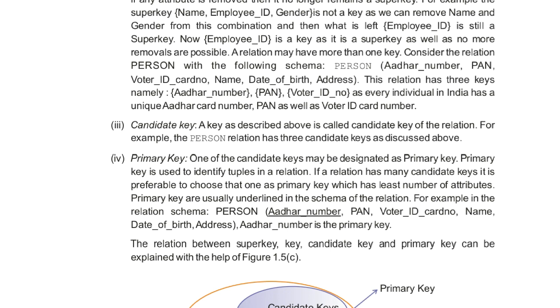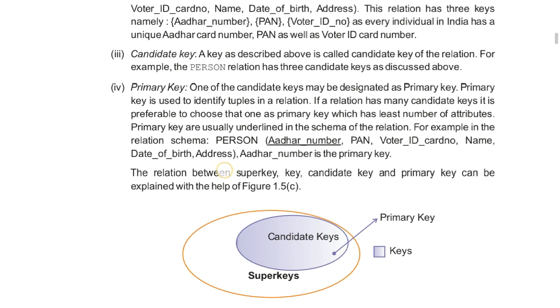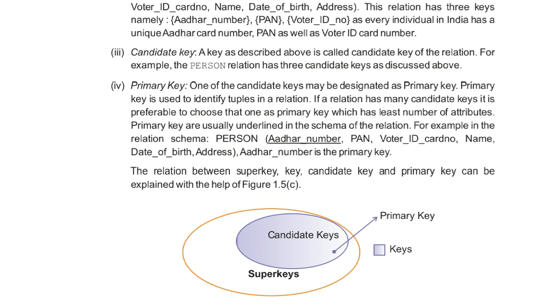The relation between super key, candidate key and primary key can be explained here. In this diagram you can see that firstly there is the super key, a set of attributes which have different values. A candidate key uniquely identifies any individual from the relation, so that makes a candidate key. And primary key is nothing but it is from the candidate key only. So in this diagram it is shown that there is super key, then candidate key within that, and from the candidate key only we get the primary key.